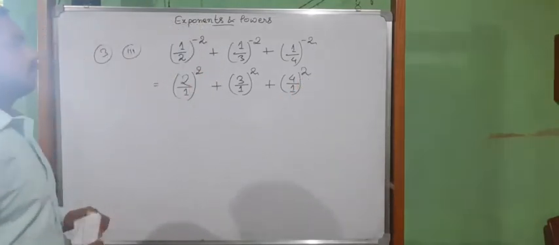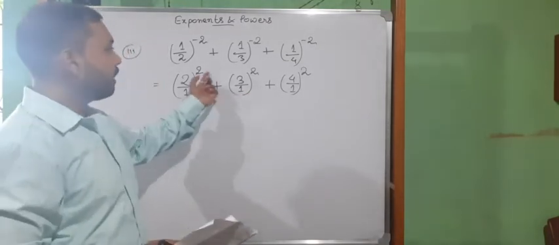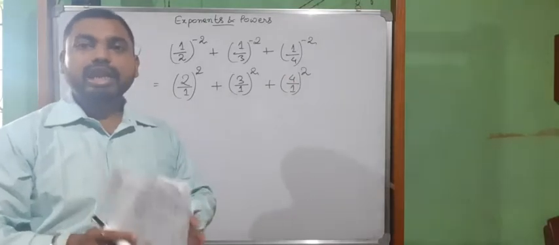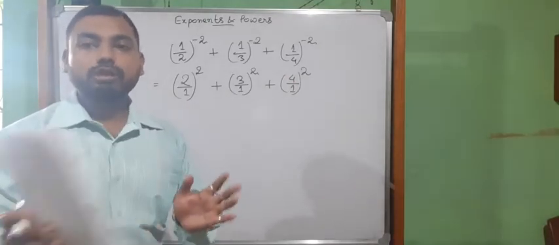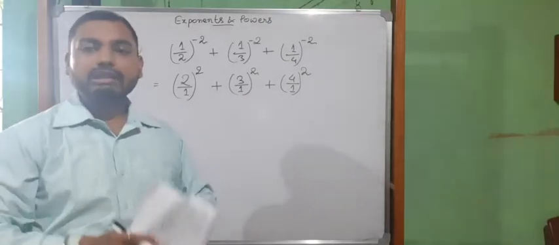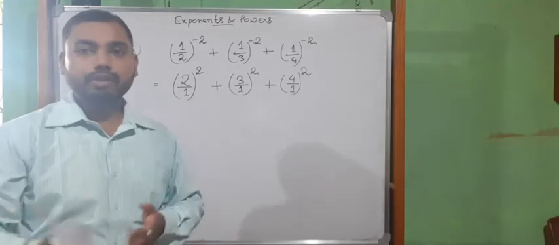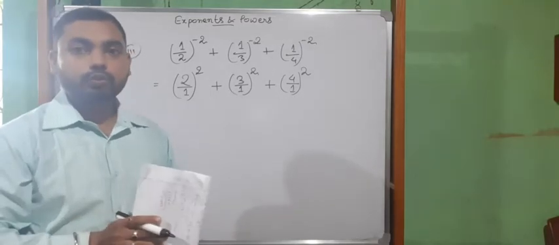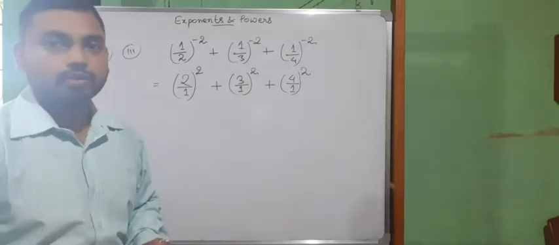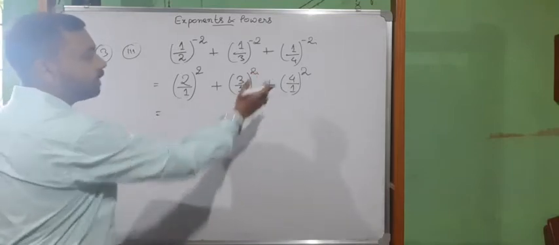Okay. And one more thing I would like to say. Now you may say that the powers are same, so the bases should be added. That will be wrong, because there is no such rule. If in between an addition sign is there, then there is no such rule. The rule is given for multiplication and division. There is no such rule for plus and minus, that is addition and subtraction. So don't confuse with that. Now we have to do all this individually.